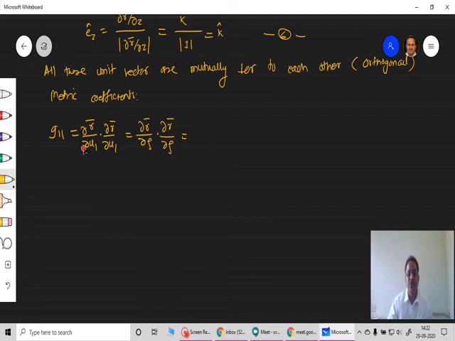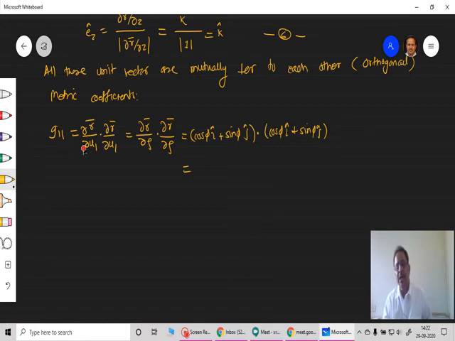So it is twice. So it is cos phi into i cap plus sin phi into j cap, dot with this cos phi into i cap plus sin phi into j cap. So get this product. Now i dot i will survive only and j dot j will survive only. i dot j and j dot i will be 0 since this is orthogonal, and therefore I'll get this product is simply cos square phi plus sin square phi.